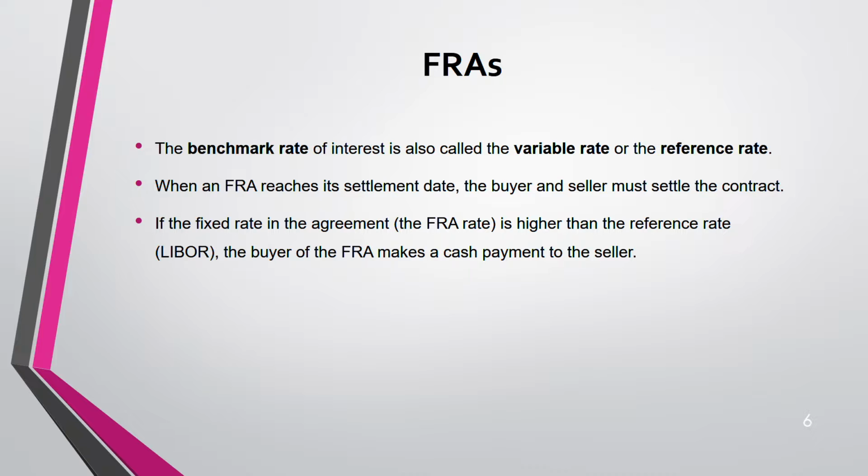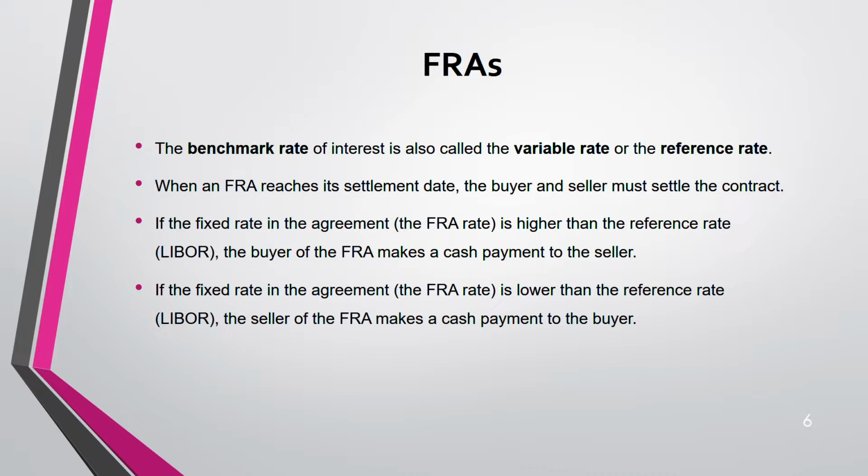You understanding? So that's why they say you make a cash payment to the seller or bank or anything. Let's just keep it seller. So the buyer of the FRA makes a cash payment. You are paying extra now. If it's the other way around, we know you are going to receive it. If the fixed rate is lower than the LIBOR rate, you are still paying at the LIBOR rate. But because you are paying more than the FRA rate, now you are going to receive it from the seller, which means the seller is paying to you.